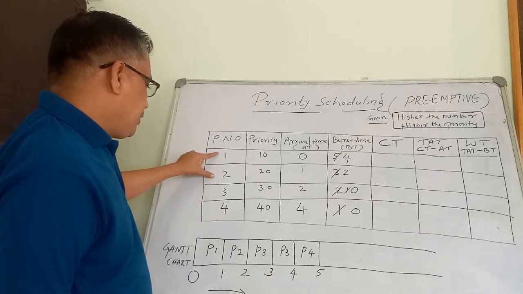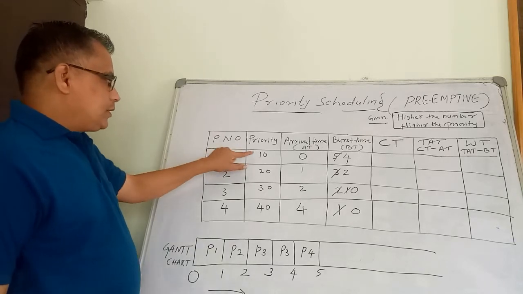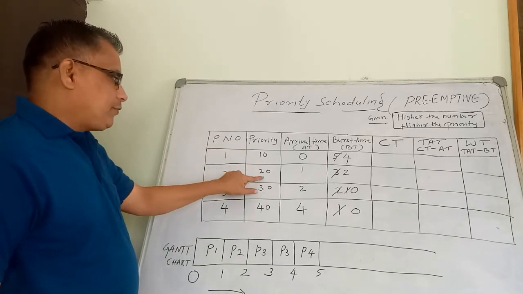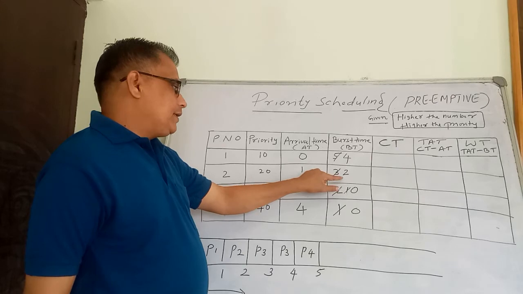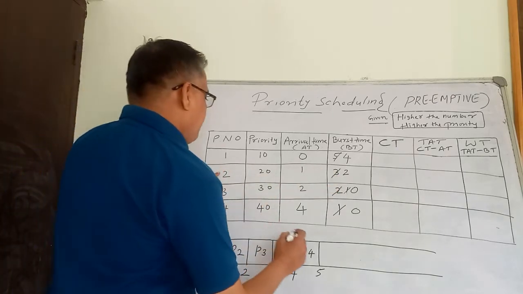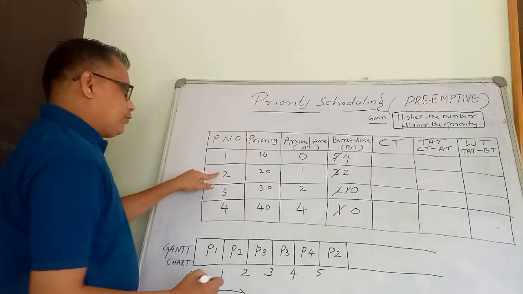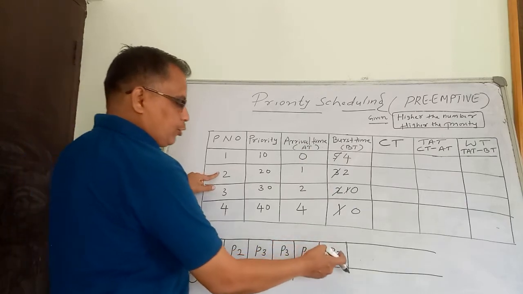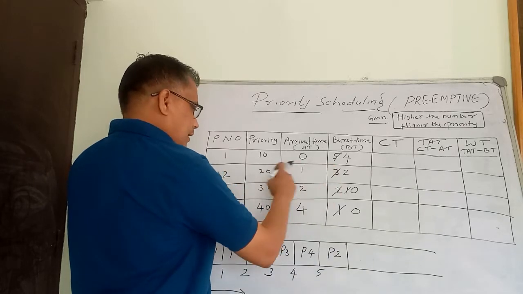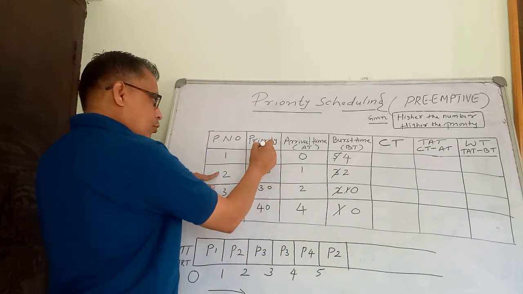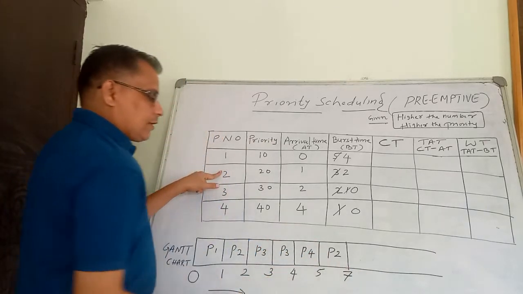Now you can compare between P1 and P2. P1's priority is how much? 10. P2's priority is how much? 20. Obviously, so what is the remaining burst time? 2 is the remaining burst time. That means P2 you can directly execute for 2 seconds. Anyway, you could write P2 for 1 second and another time P2 for 1 second, but instead of writing 2 times, directly you can. Anyway, the priority of P2 is more than the priority of P1. Correct? So 5 plus 2, 7.